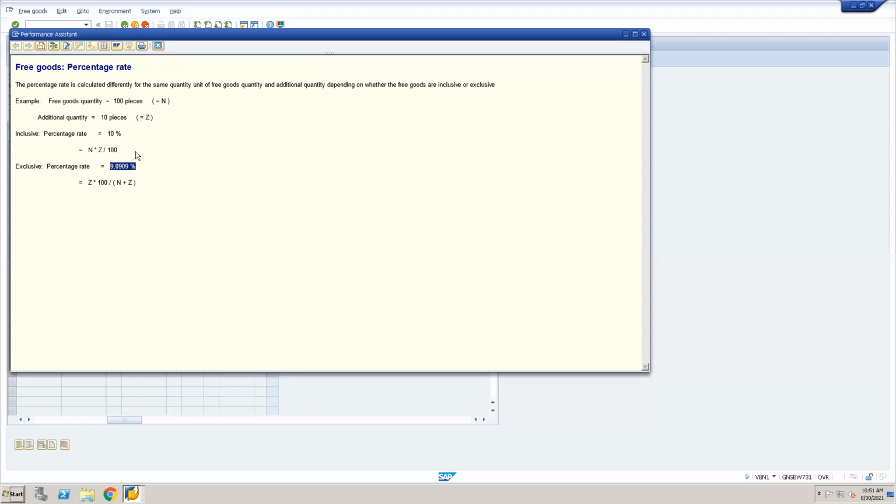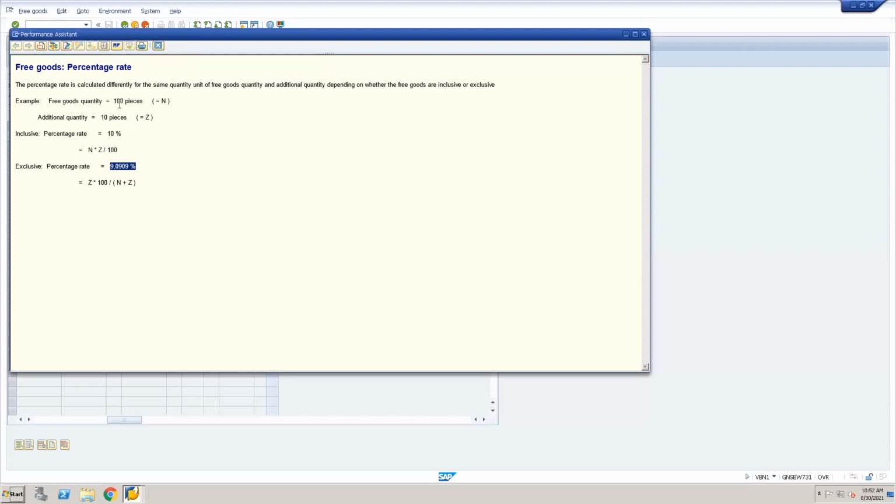So that is 1000 divided by 110, it will be coming to 9.0909%. So that is the variation. So the percentage rate is calculated differently for the same quantities. Yeah, this is the same quantity.